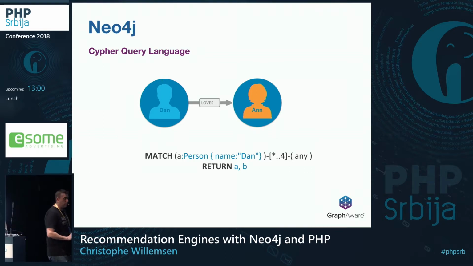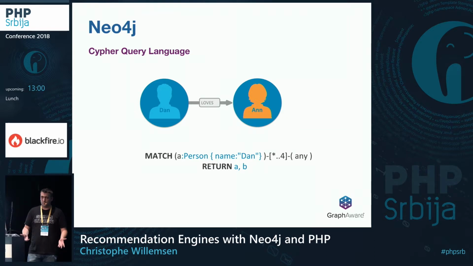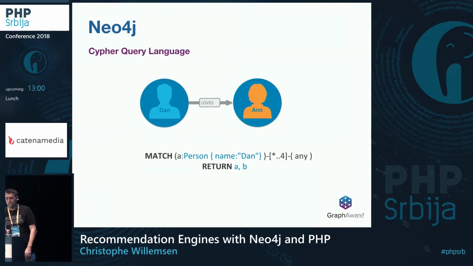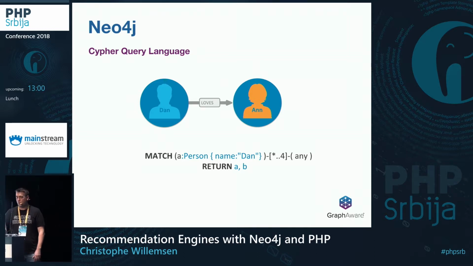If you already had to do with MySQL traversals, so if you take a tree and you want to traverse the tree with optional traversals, you might see here that this represents approximately 3 pages of MySQL. So here, I'm taking a person, Dan, and I say, okay, find me everything I'm connected to in 4 levels. Return me everything. That's it. So I specify *4, any relationship, find me anything.